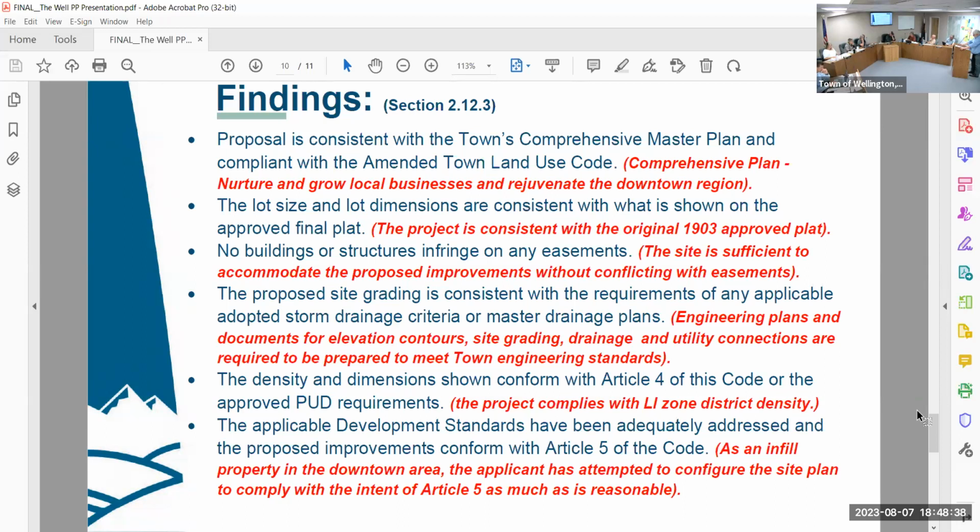And Article 4, the project complies with the LI zone district density, and again, it's an existing site. We are working with the client to address the issues of Article 5, which most of the site plan issues have been addressed from a planning perspective. Is the engineering, drainage, and